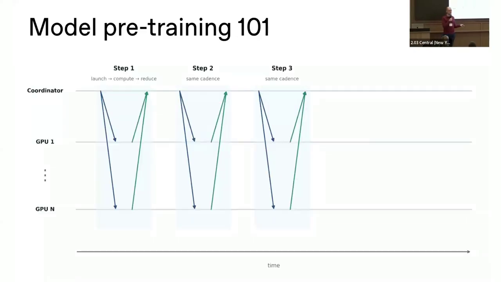Before we dive in, I want to just bring everyone on the same page about what model training looks like. So the stuff that we work on is part of the key foundation for a training stack, how we make every model happen. And the way training works is roughly like this. You have some number of GPUs, 1 through n. You have some coordinator, and the coordinator makes sure that training happens in a sequence of steps. So it tells every GPU, hey, load the next chunk of data, do some training, all the GPUs talk to each other or whatever. And then they all say, okay, we're done with this step. And the coordinator says, okay, go ahead with the next step. This is massively simplified. In the real world, there are a lot more moving pieces, but this is good enough for the purpose.